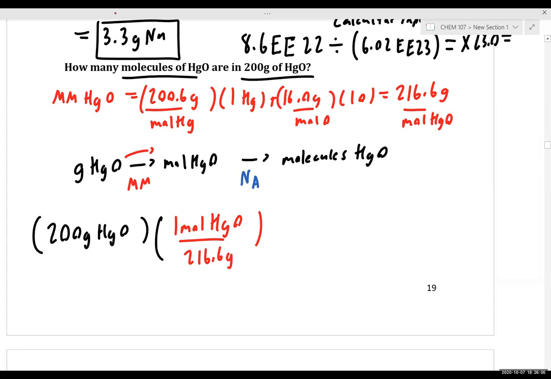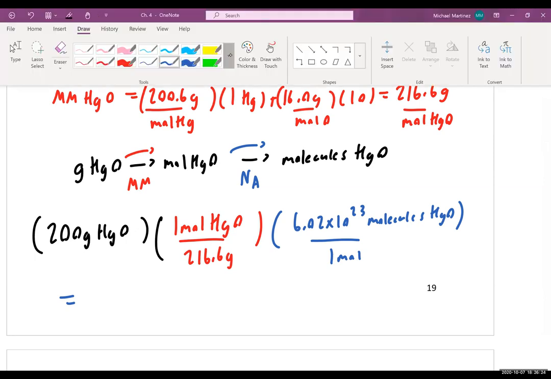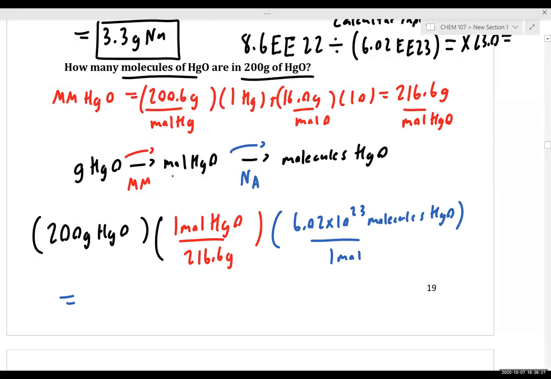And in 1 mole of mercury oxide, we have 216.6 grams. To go from moles to molecules, we know that we have 6.02 times 10 to the 23rd molecules of mercury oxide in 1 mole. So punching this into our calculator, we have 200 over 216.6 times 6.02 EE23, and that in turn gives us 5.5586 times 10 to the 23rd